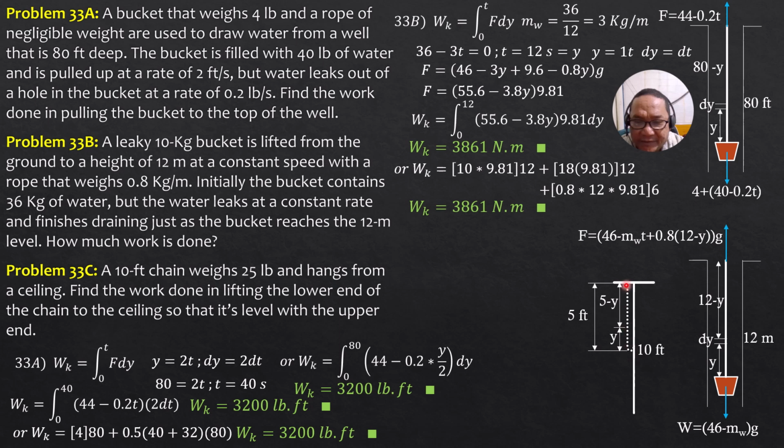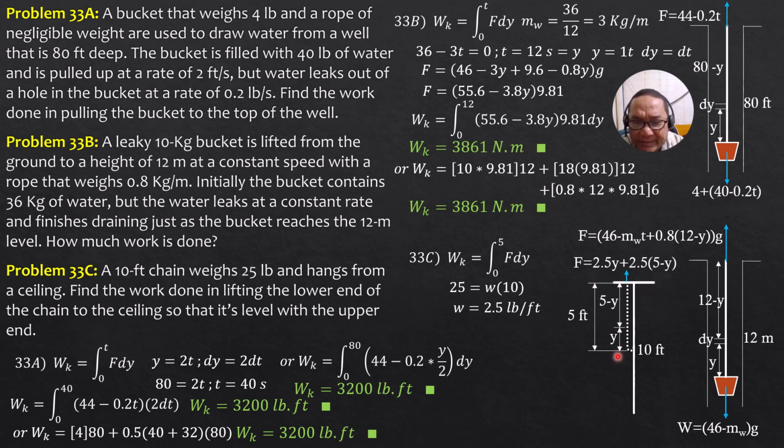So the force to be exerted here is as follows. Work is the integral of force times dy. Then the force would be the weight of the chain, which is 25 pounds. So 25 pounds is equal to the uniform weight of the chain times 10 feet. That means the uniform weight of the chain is 2.5 pounds per foot. So the force here to be exerted is equal to 2.5 pounds per foot times the length, which is